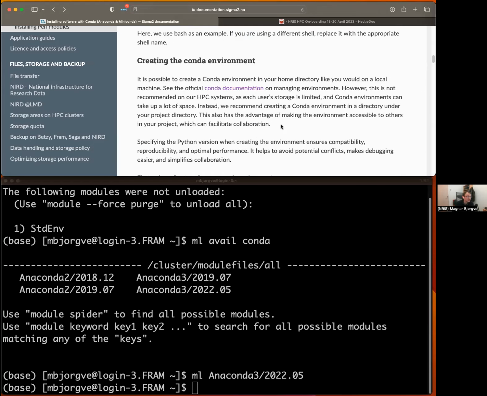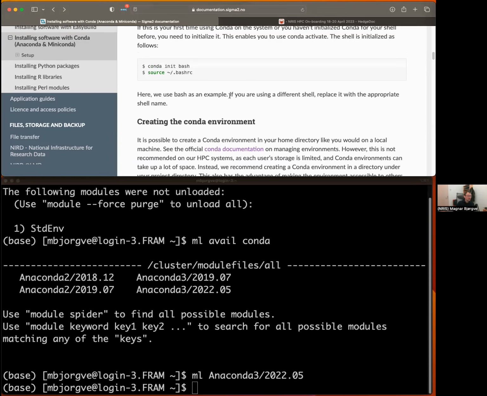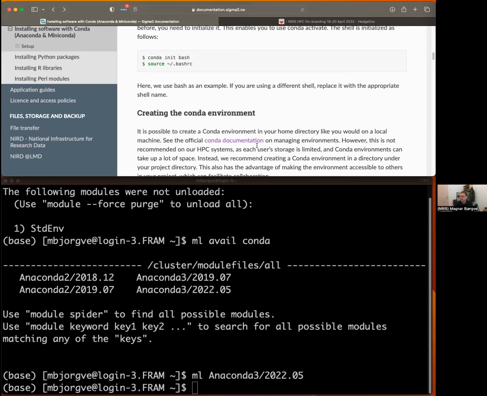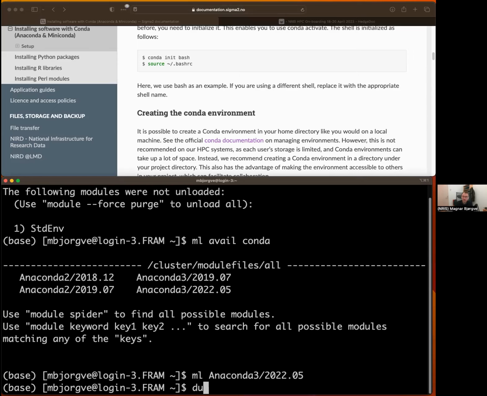Next, to create a Conda environment. After loading Conda or Anaconda, as I've done here, the process is in principle the same as in the Conda documentation. If you're one of those that has used Conda and are an expert, you can just do what you're used to. But at some point you'll find yourself in trouble, and the reason is that Conda environments take up a lot of space. So if you do usage,